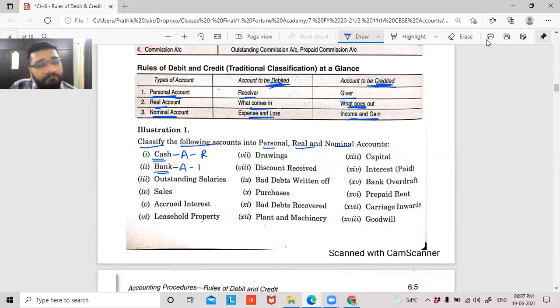Receive it in future. Whenever we receive it on demand later, the banker has to give that money to me in future. So I'll receive this in future. Whatever money is there in my bank account is the money that will come to me in future. Therefore, it is an asset. And the rule that you apply here is personal.